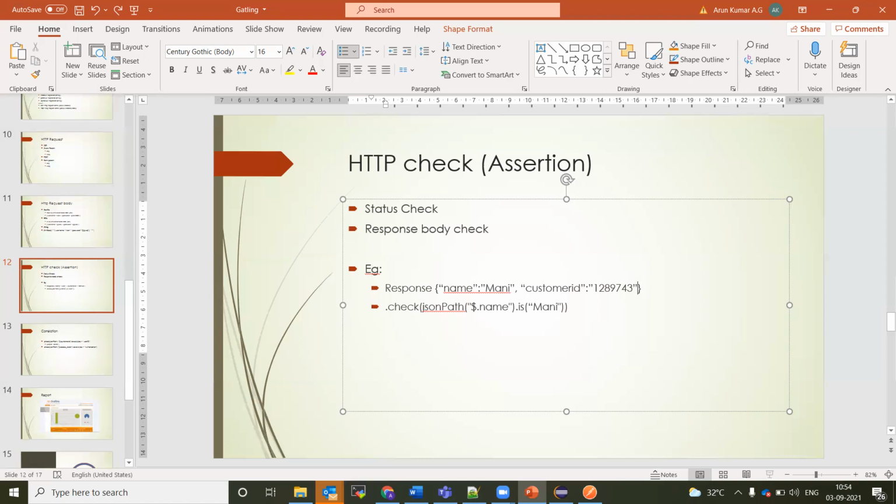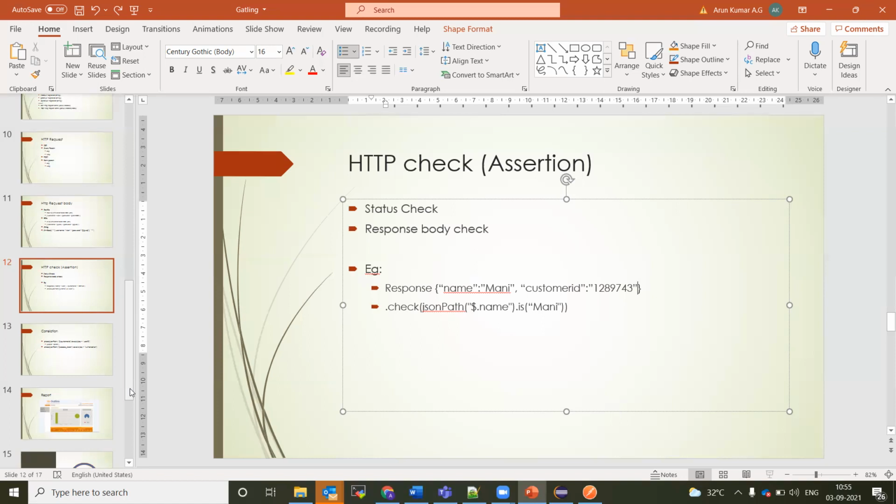Now if you see here, $name. For example, you have a nested object here: under name I have another object, under object one I have object two. How I'll correlate this is with the JSON path plugin. It will take $name dot object one dot object two, and then I'll access that particular value. Each and every value I'll take and validate. For example, in object two I have name equal to Chris. So I'll give $name dot object one dot object two dot name, and the expected value is Chris.